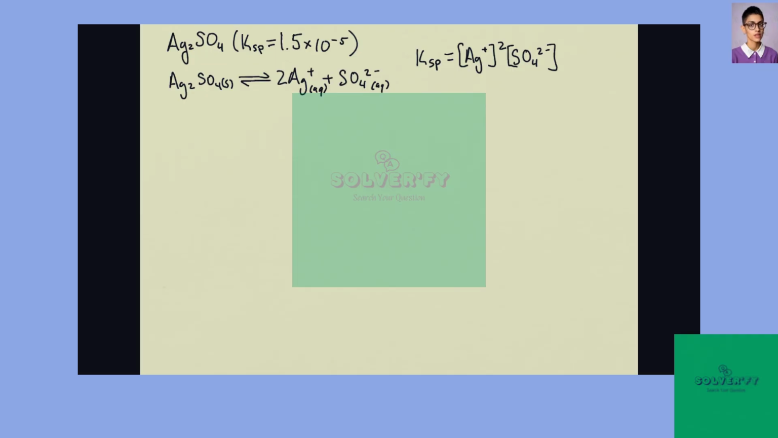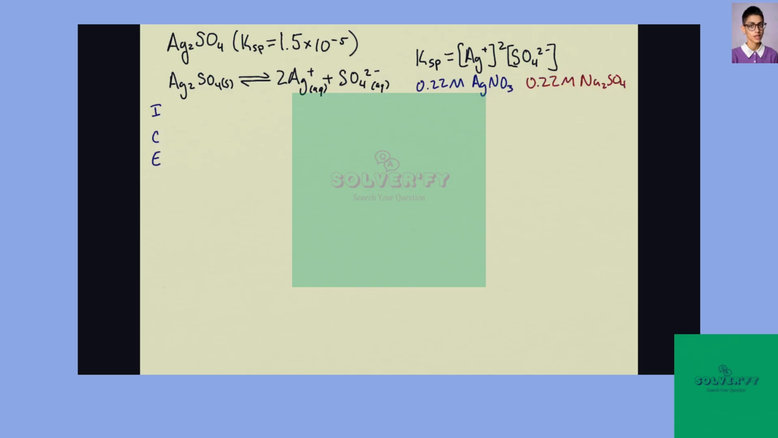So we want to find the molar solubility of Ag2SO4 in 0.22 molar AgNO3 and 0.22 molar Na2SO4. Let's start with our solution of 0.22 molar AgNO3. So we can write an ice table